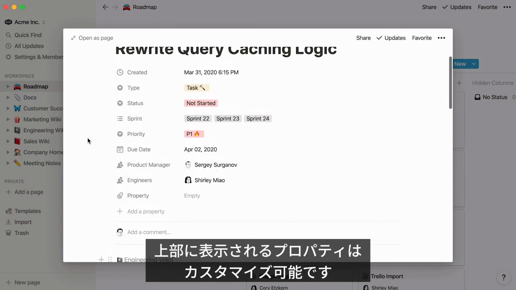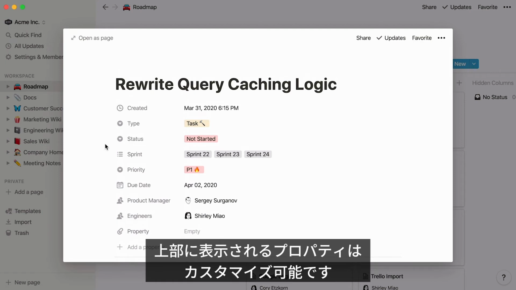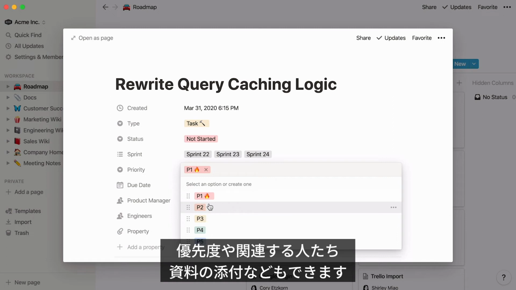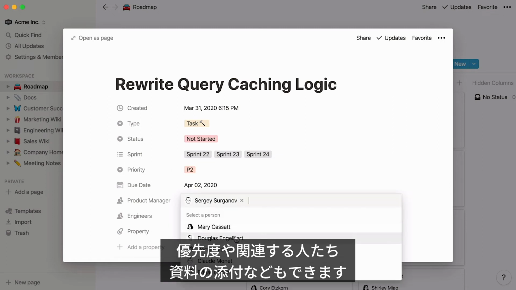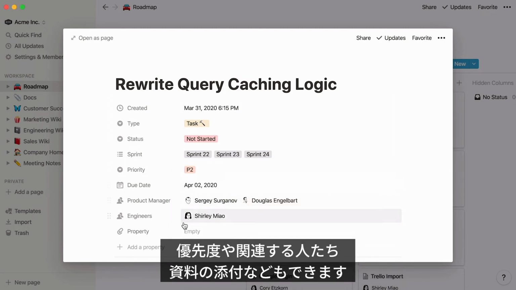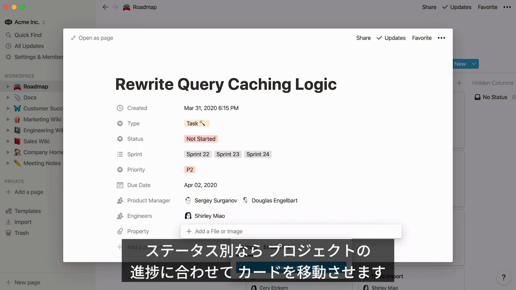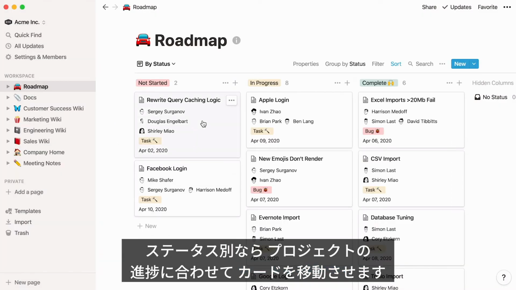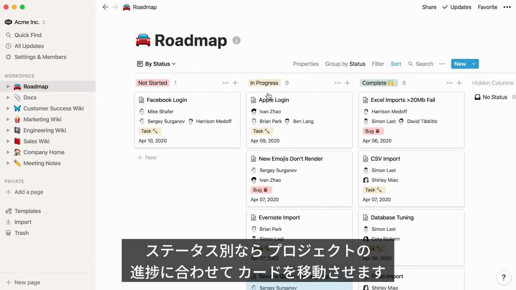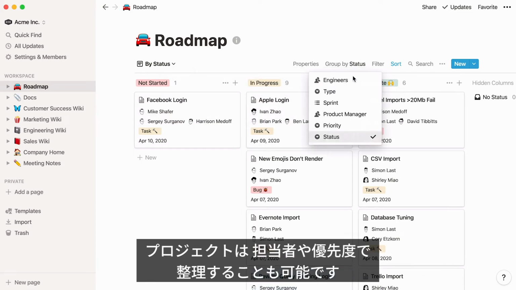These properties you see on each card are customizable too. Edit them in the Properties menu at the top. You can indicate the priority level of each project, list the stakeholders involved, or even attach relevant files. When your projects are grouped by status like this, you can click and drag to move them through your process. But you could also group by project manager,